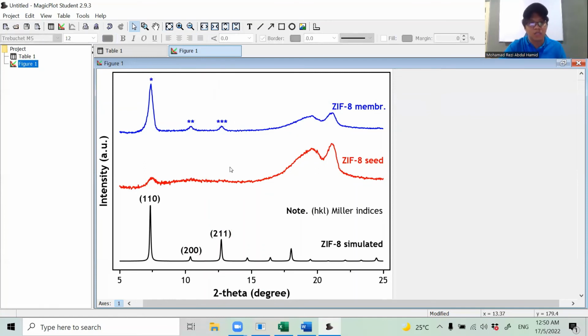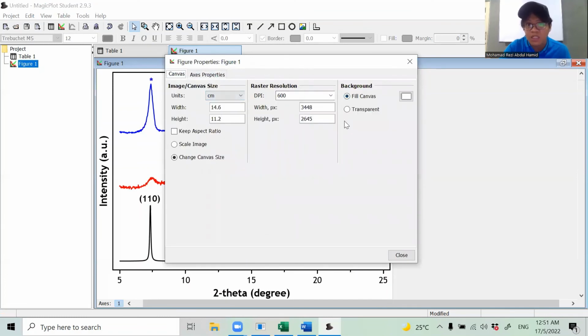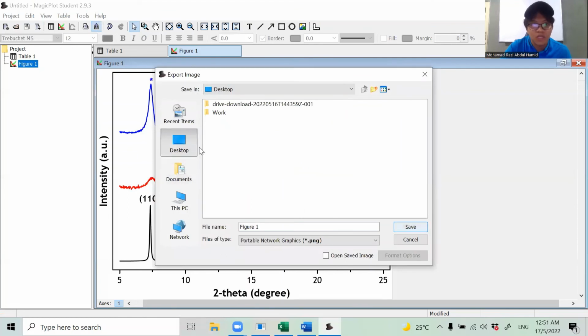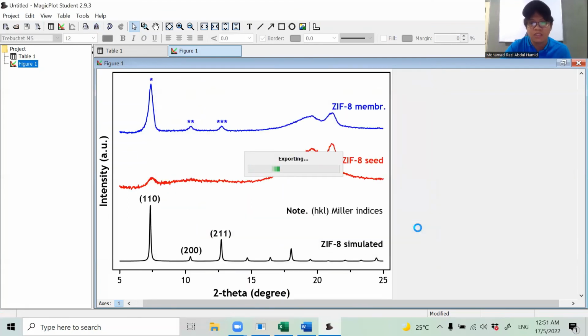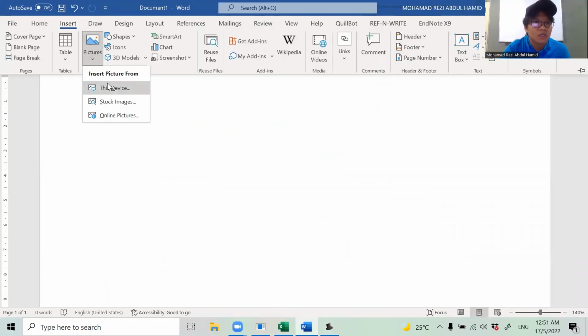Something like this, right? So yeah, basically I have created my plot, and then I need to double check my setup. So DPI, 600 DPI, so the rest are okay. What I'm gonna do next is export the images, and then I go to desktop, maybe put figure 1, and then save. And then after that, you can open, for example, Microsoft Word, and then go insert figure, this device, and then in the desktop,